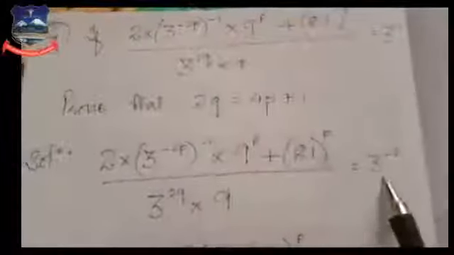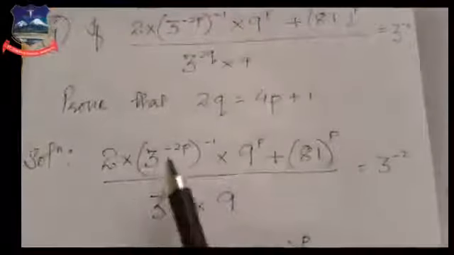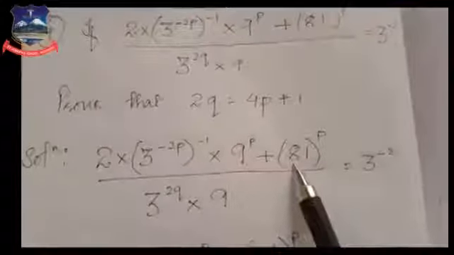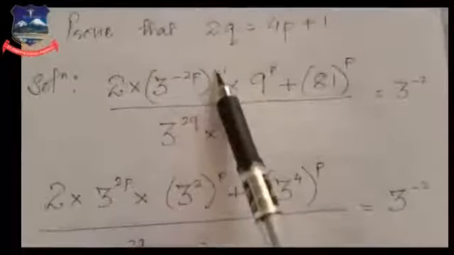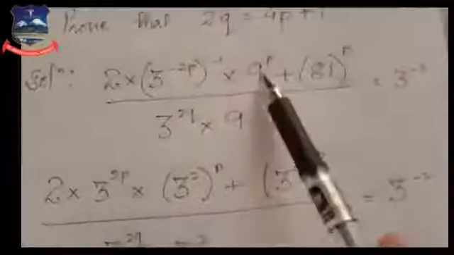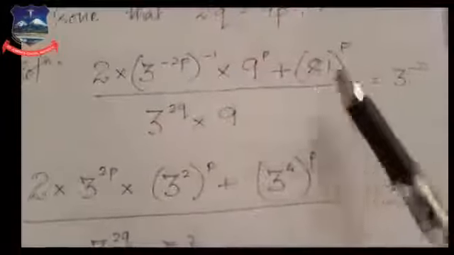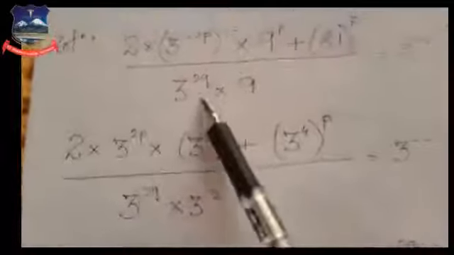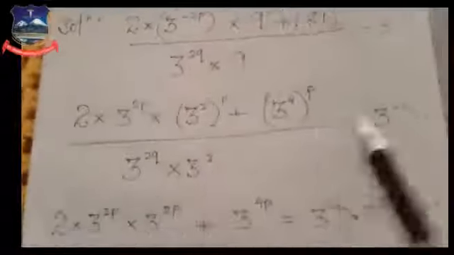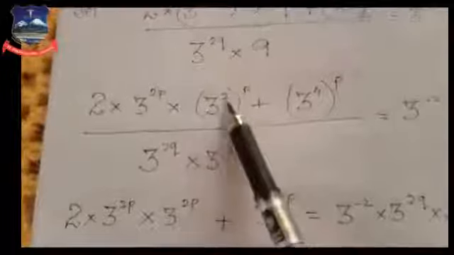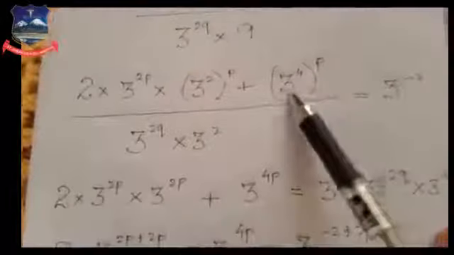So first we will copy the question. We will try to make same base. So here 9 we can write as 3 square. Similarly 81 we can write as 3 to the power 4. So we can make base 3. Here we will multiply powers: minus into minus plus, 2p into 1, 2p. In place of 9 we will write (3 square) whole to the power p, plus, in place of this 81, 3 to the power 4. In the denominator, in place of 9 we will write 3 square. Right hand side same. Then we will solve: 3 to the power 2p into (3 to the power 2 into p, 2p, plus 3 to the power 4 into p, 4p). Now cross multiplication.